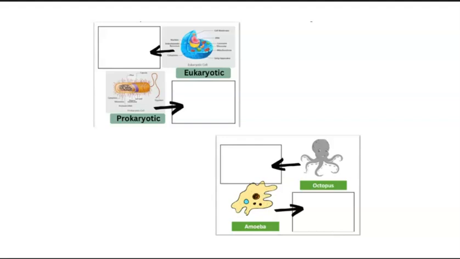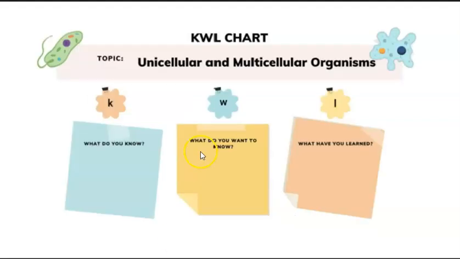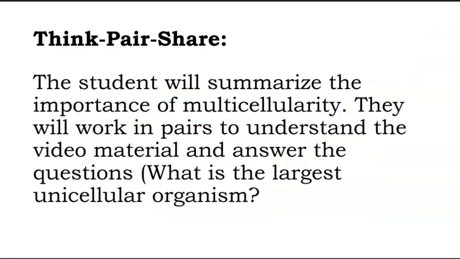Alright, so for the next part, of course, we've mentioned already the difference between unicellular and multicellular in our last session lessons. Unicellular is one-celled organism, whereas multicellular has many cell organism. Okay, you're going to watch a video now, and from there, please try to answer this question: what is the